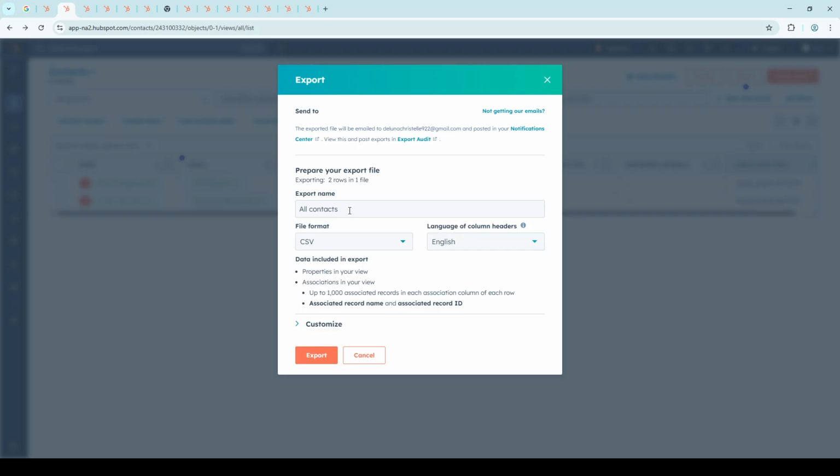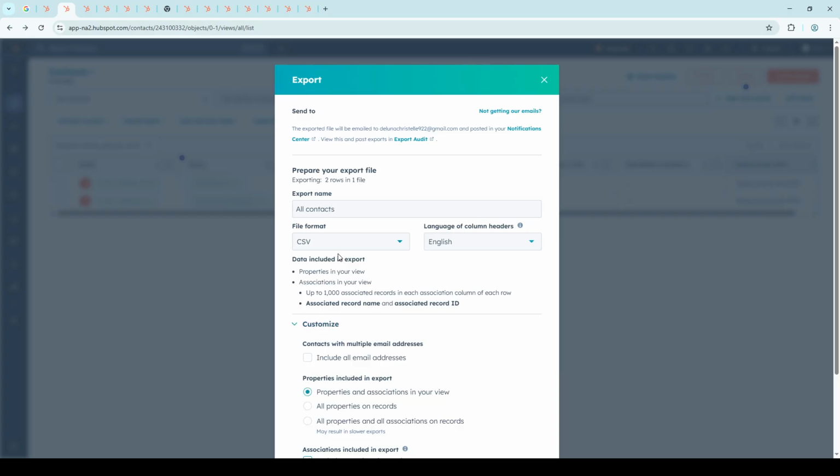This step is crucial, as it allows you to specify the format of the exported file, such as CSV, XLS, or whichever suits your needs best. You'll also be asked to name the export file. Choose a name that makes it easy to identify later. Additionally, HubSpot will ask you to select the language of your column headers, which is particularly useful if you're working